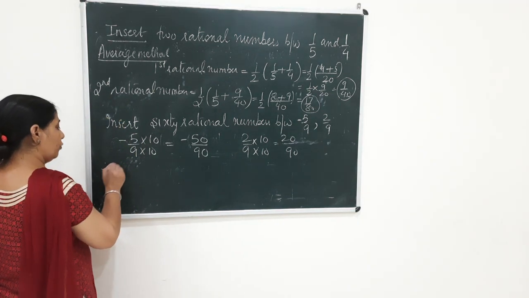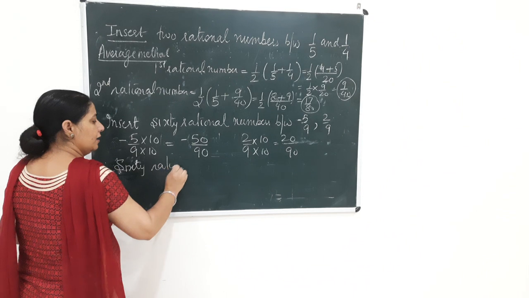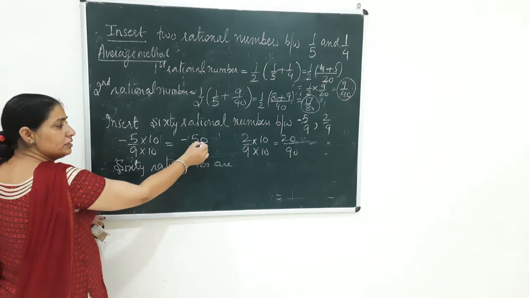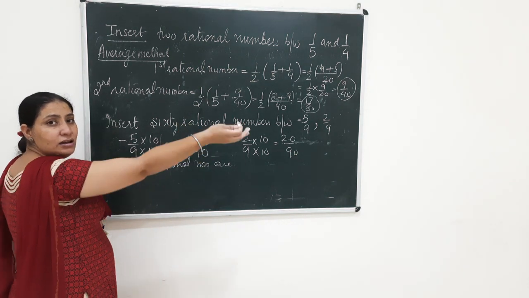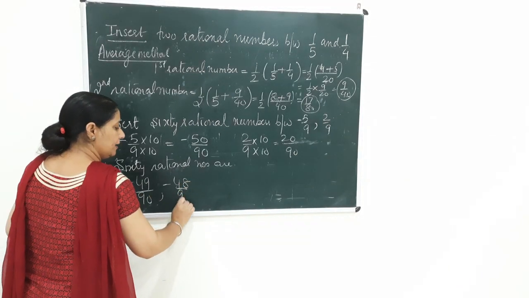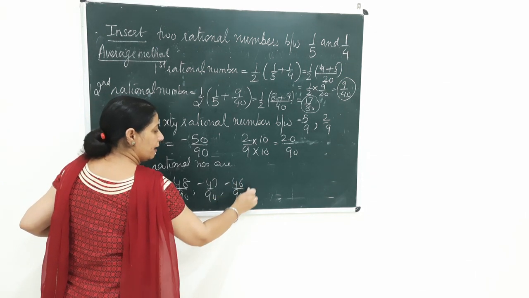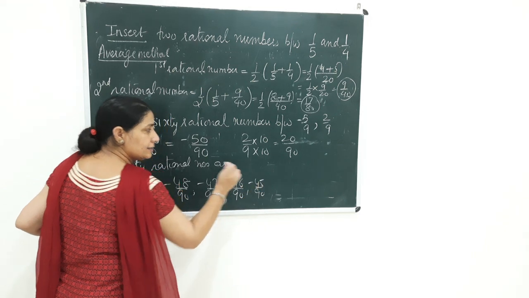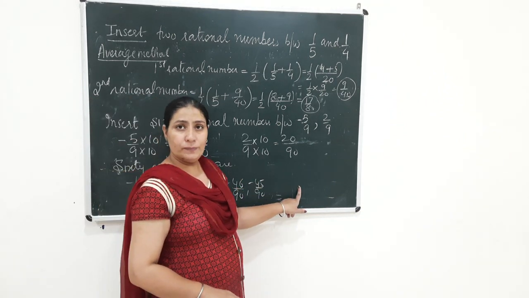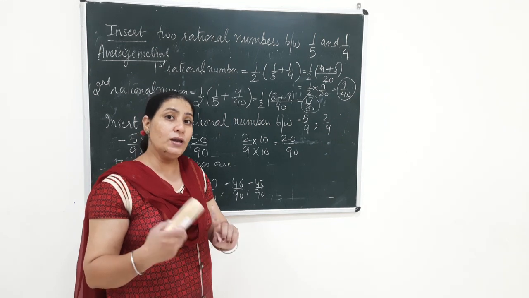लाइक फॉर एग्जांपल, देयरफॉर व्हिच विल बी द नंबर्स? यू विल राइट 60 रैशनल नंबर्स. कौन से हो सकते हैं? हम डैश डैश डैश करके लिख देंगे. आर रैशनल नंबर्स आर -50 से उस साइड चले जाओ, टुवर्ड्स द राइट साइड. सो यू राइट -49 by 90, -48 by 90, -47 by 90, -46 by 90, -45 by 90. ऐसे करके लिख सकते हो, राइट. अब देखो, जब आप -49 से -1 तक जाओगे, तो आपके पास 49 नंबर्स आ जाएंगे. आपको कितने चाहिए? 60. सो आपको 11 और चाहिए.